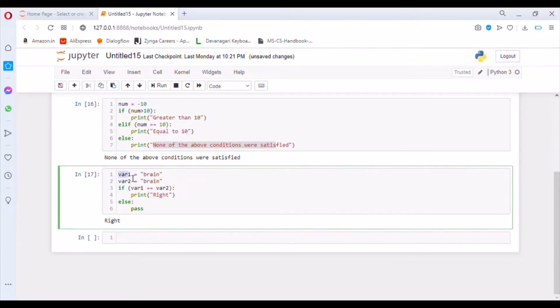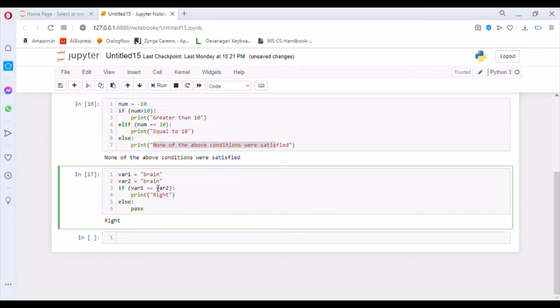The value of the first variable is brain, and the value of the second variable is also brain. The first condition says that if the values of the two variables written above are equal, then it should print right. So this is the output we have received.